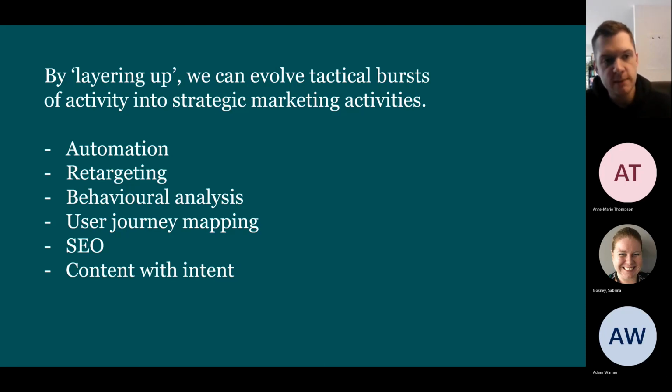We can do some user journey mapping, so understanding where people are coming to our website, so we can use the similar platforms as we just mentioned above, seeing they come onto the home page, they then go to this page, they then go to that page. Is that the journey we want them to follow? If it's not, there's some things we need to do to our website just to improve that process.